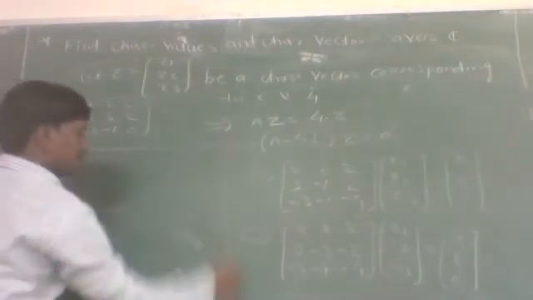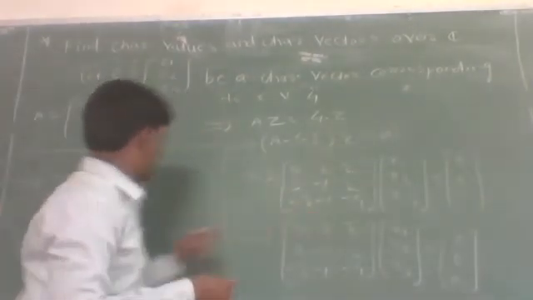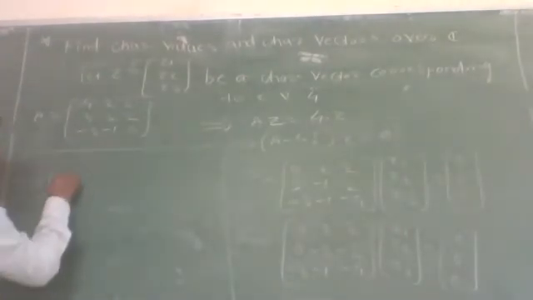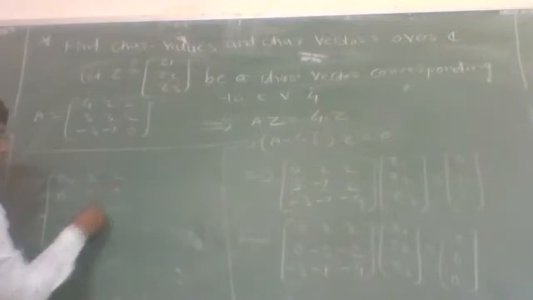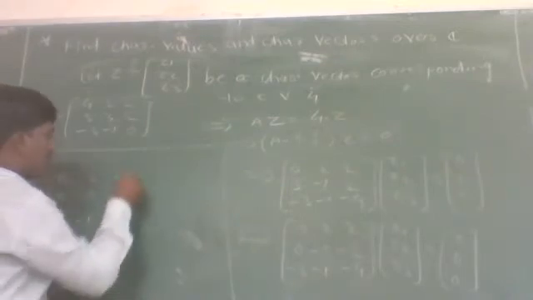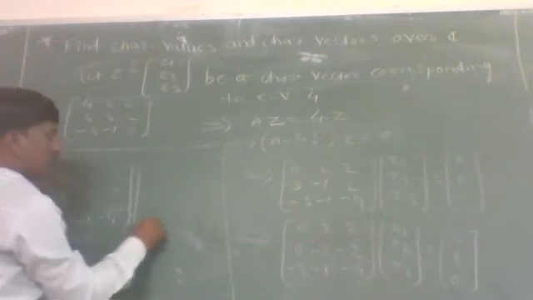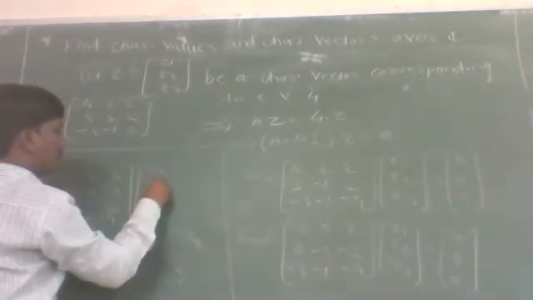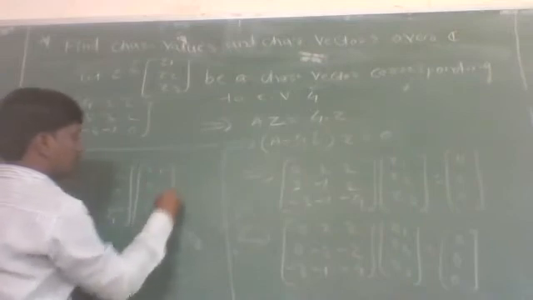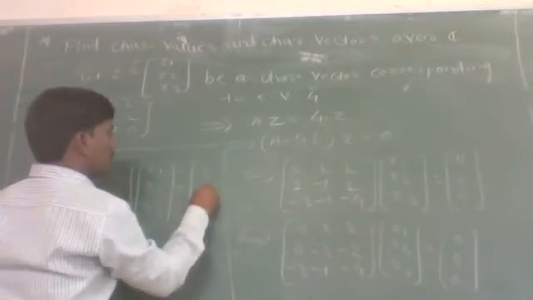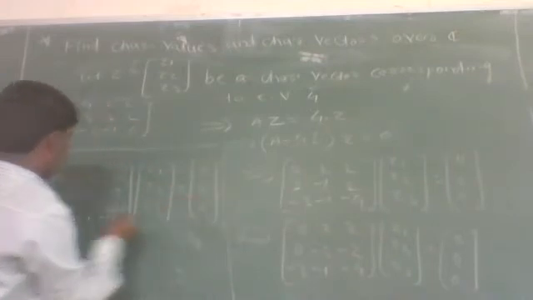So after that, here we get, now add r2 plus r1, then we get 0 2 2, 0 0 0, minus 3 minus 1 minus 4, of z1 z2 z3 is equal to 0 0 0, which implies